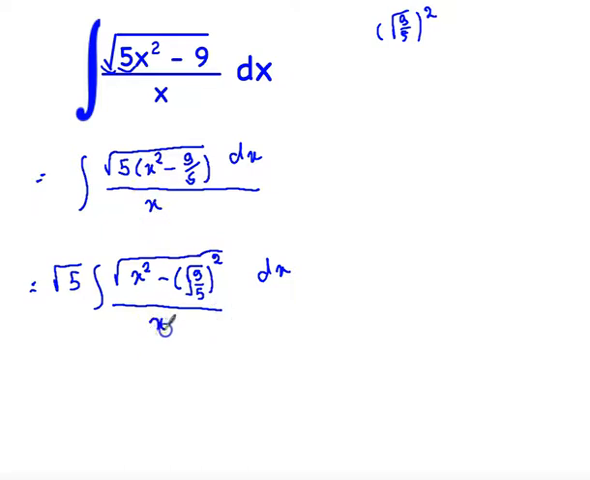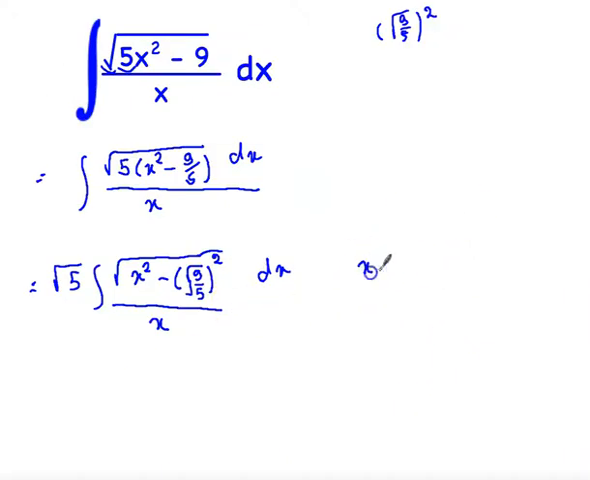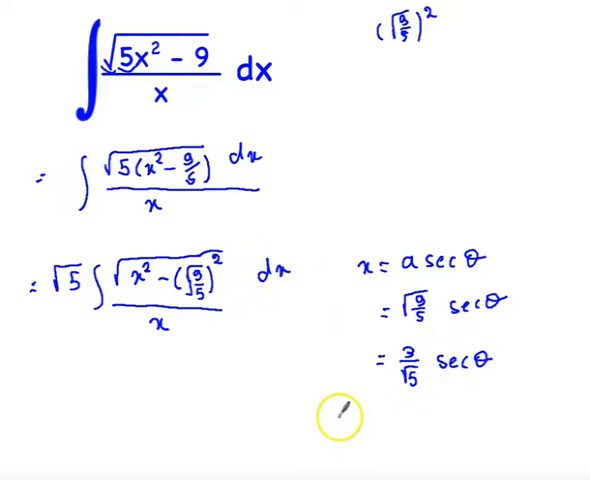over x. Now so we have x squared minus a squared, so we should take x equal to a secant theta. So x equal a secant theta, and a is equal to radical 9 over 5, so x equals 3 over radical 5 secant theta. Let's find dx. So differentiate both sides. 3 over radical 5, derivative of secant is secant tangent,